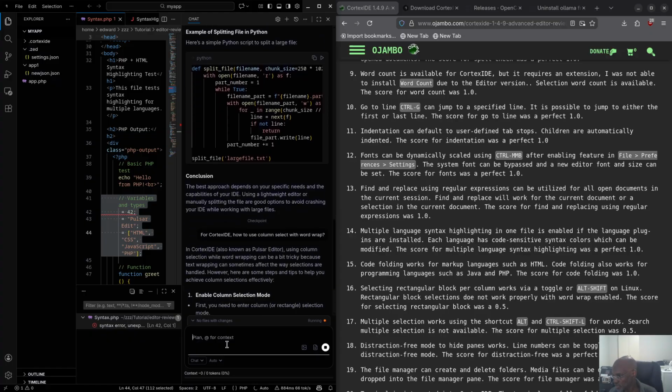In Cortex IDE, also known as a pulse editor. Really? I think that's made up. Using column selection with